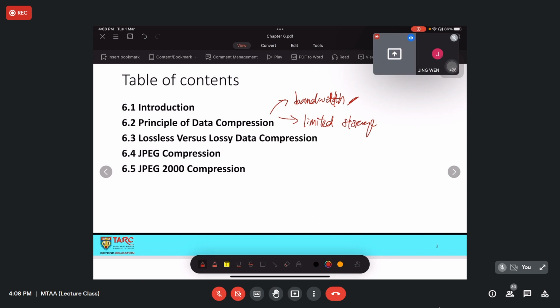That is why we have different kinds of bandwidth, for example 5G, 6G, and so on. That is the principle of data compression: we want to send very high quality information to someone else, but this may slow down the entire sending of data.